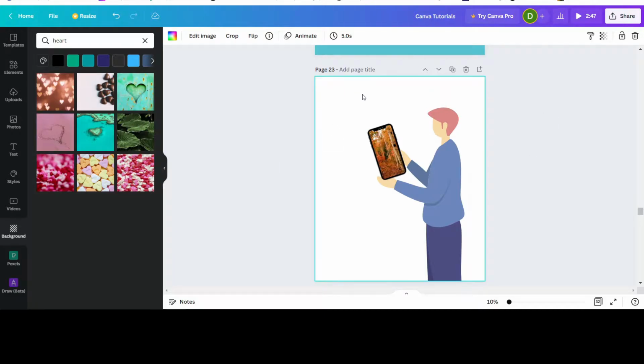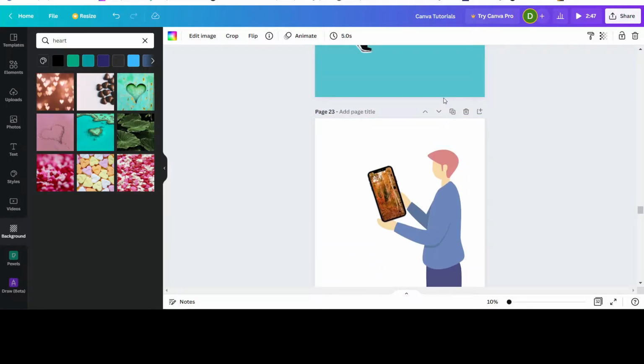Okay, the first one will be this one here. If you see, there is a frame here of a mobile phone. Now you can add images in there, you can add videos in there, basically anything that you can think of. So to begin, let's start with a